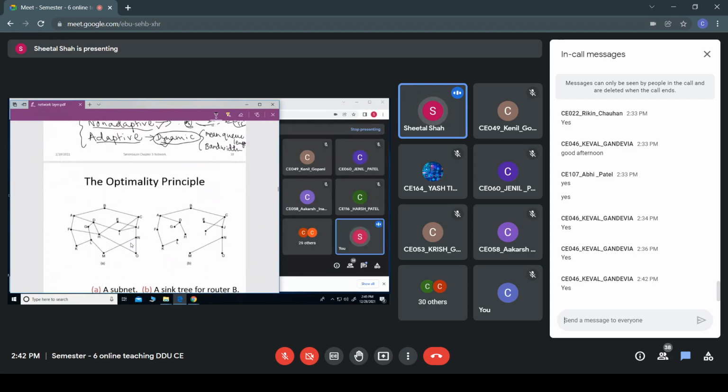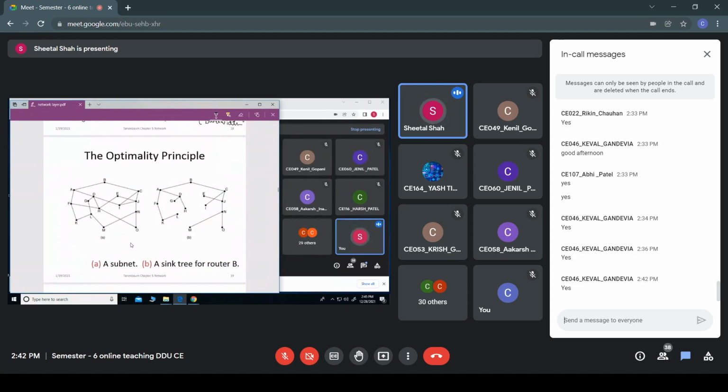The optimality principle says that if there is a route from I to K, and that route from I to K is optimal, then, say suppose this is J and this is L, the route from J to K is also optimal, and the route from L to K would also be optimal. Okay, that is nothing but the optimality principle. Hope you are getting this.